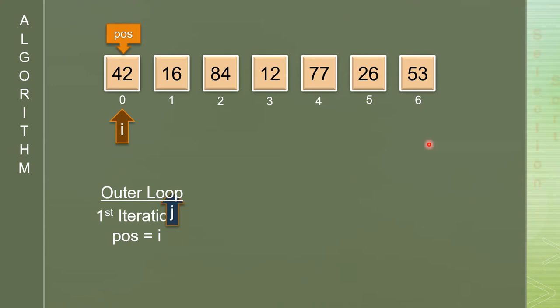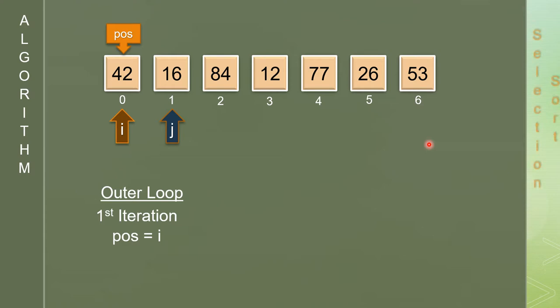Now you are going to define the j value, that is the inner loop. Since you have already defined the first element as I, you are going to start the comparison with the second element. So the inner loop always starts with I plus 1. Whenever the I value is defined, you know what the j value is, nothing but the next value. So I plus 1 will be the starting element for the inner loop, that is j.